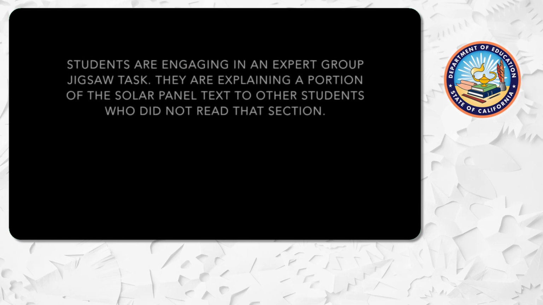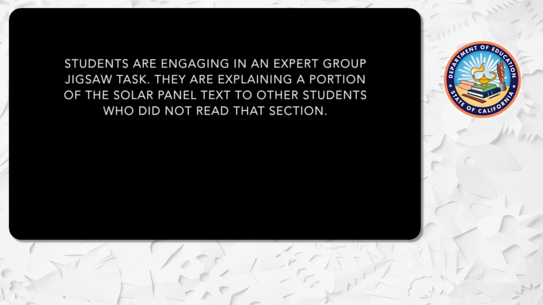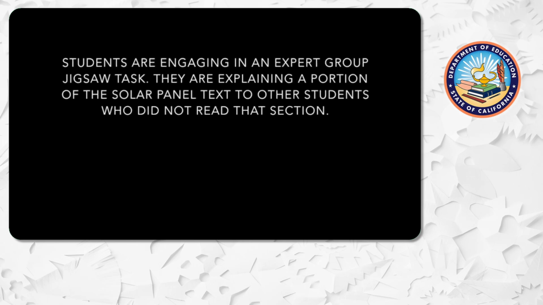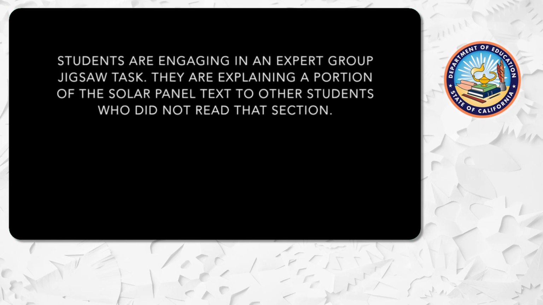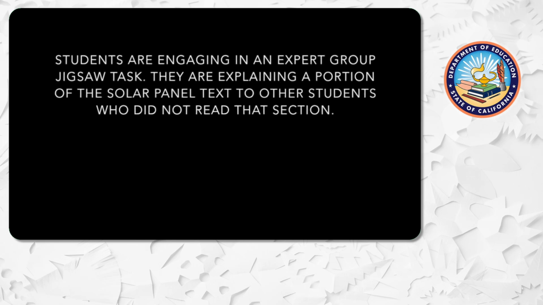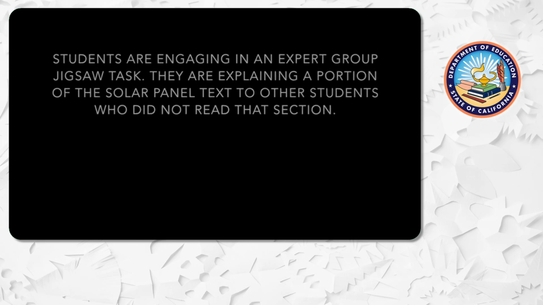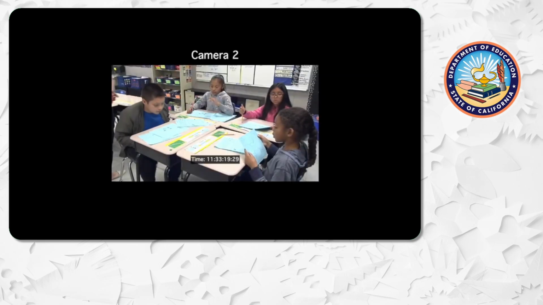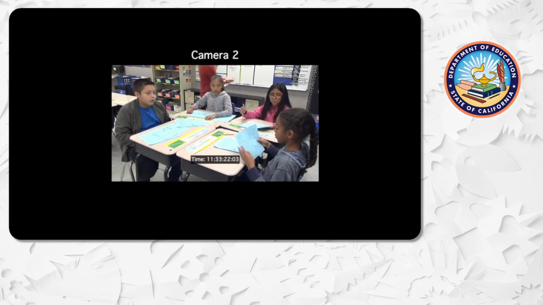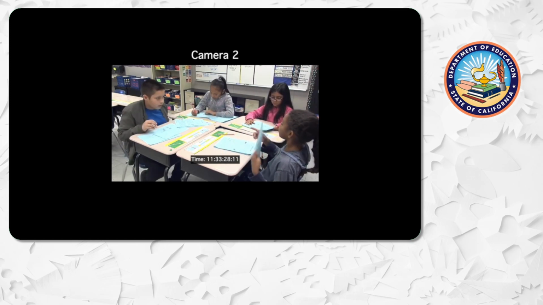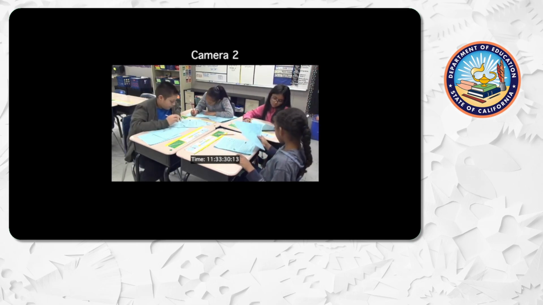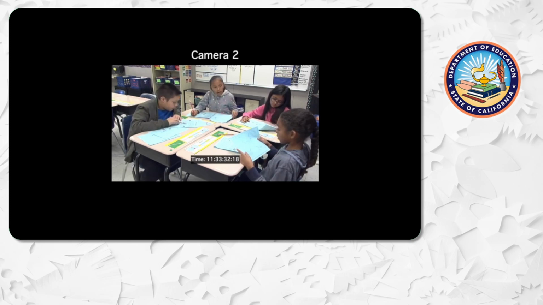At this point in the lesson, students have read and become experts in a portion of a text. In this segment, they are explaining a portion of that text to other students who have not read that same text. A solar cell is what converts sunlight into electricity, which is a quote. Is that your words or in the text? Yeah, it's in the text. So it's like quoted. Just get like 2 details. That's okay. And then, what paragraph? Paragraph 2.